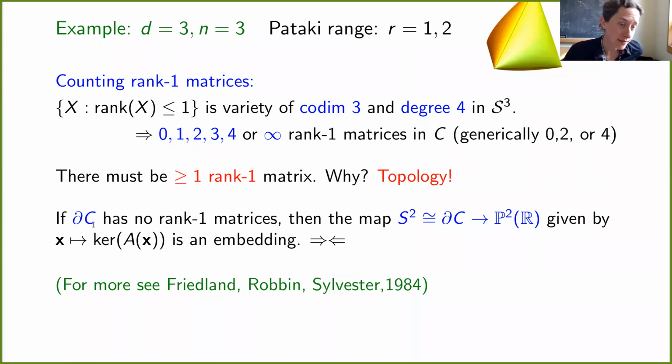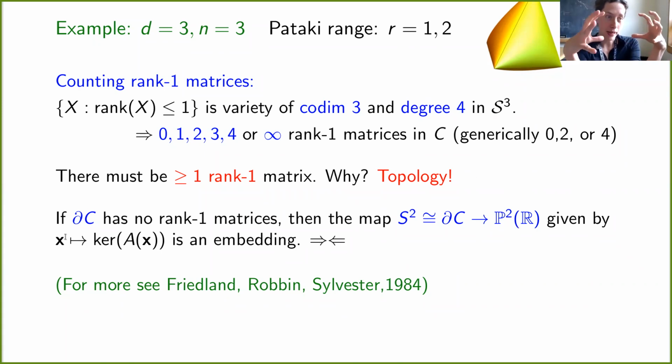Suppose you didn't. You took a 3-dimensional slice of the cone of 3 by 3 real symmetric PSD matrices, and you look at the boundary of this thing. You have a 3-dimensional convex body. Its boundary should look like a sphere. And if there's no rank 1 matrices, we can define a map from the boundary to the real projective plane,